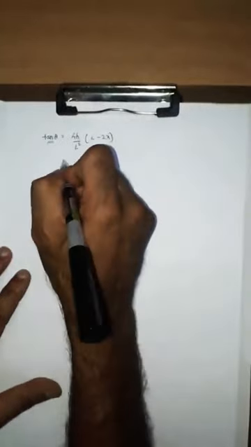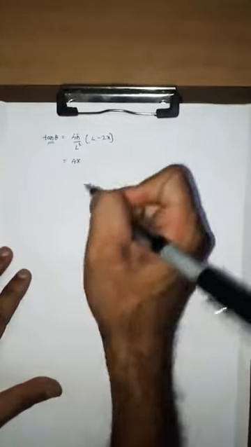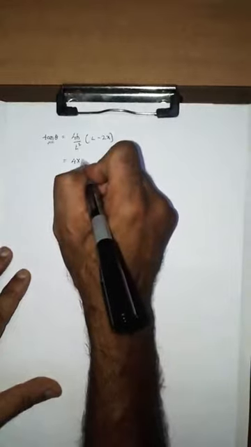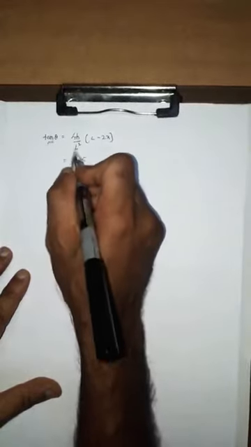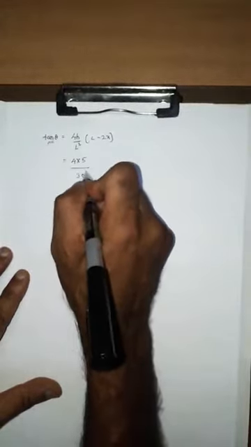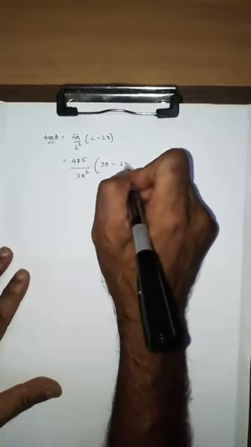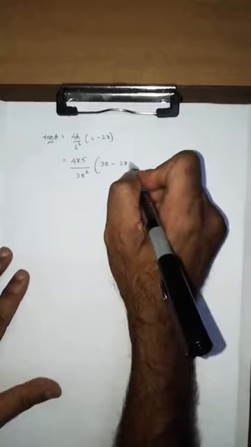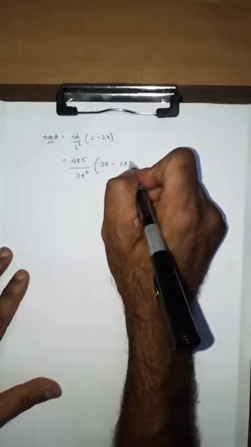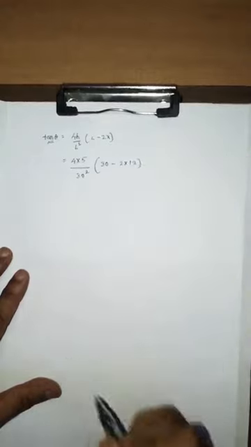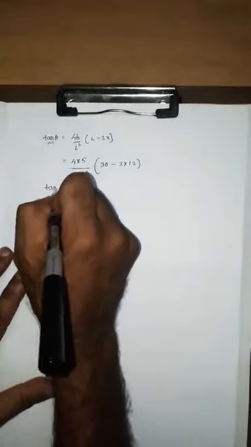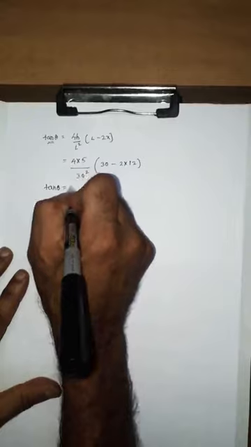So substitute here: 4 into h, the central rise, which is 5 meter, divided by total span 30 square, into 30 minus 2 into x. x is 12 meter. So from this I can find out tan theta is equal to